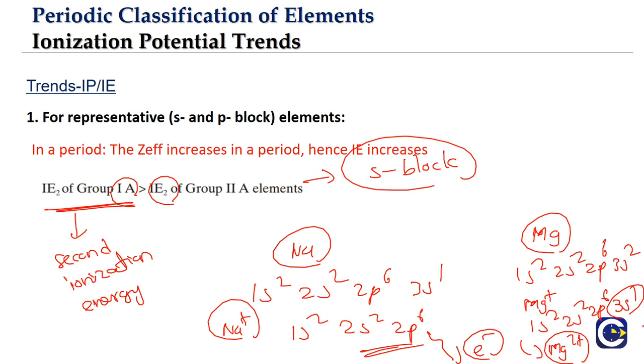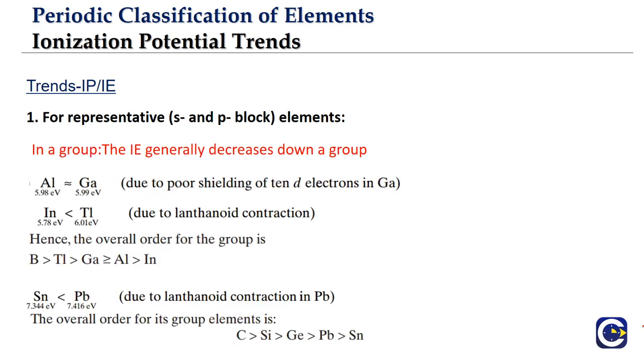So in case of the first group or 1A group, after removing one electron, we are coming to the most stable octet arrangement. So the removal of the next electron is going to be very difficult. Whereas in case of the second group or 2A group, after removal of the second electron, we are coming to the most stable arrangement, which is the octet structure. That is the reason why IE2, the second ionization energy of the first group elements, is more than the second ionization energy of the second group elements.